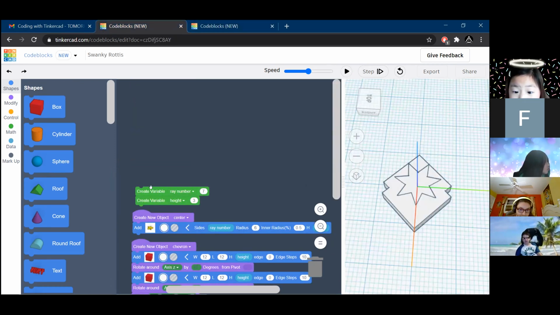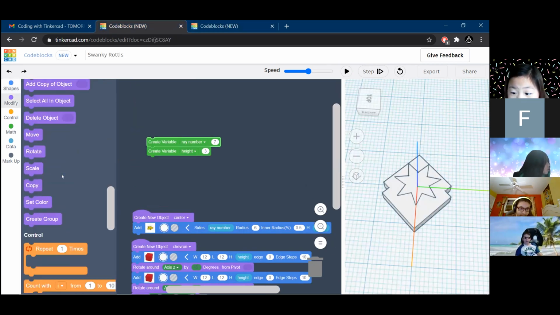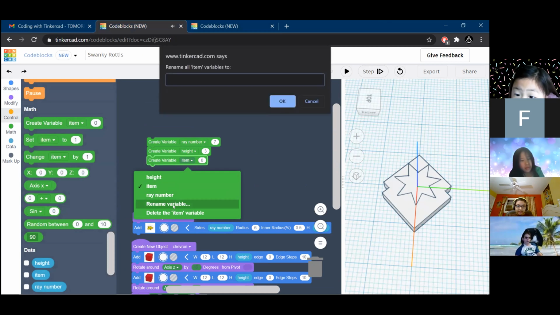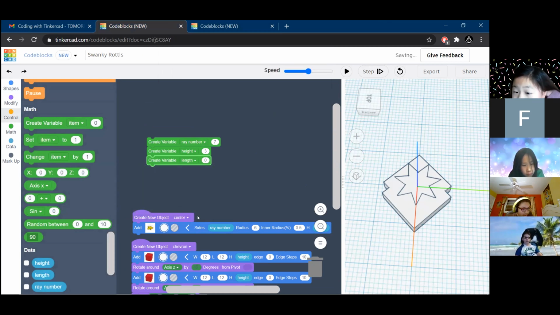So what we're going to do is scroll down here to create new variable, and we're going to rename it to length. And I'm going to make it 35. But again, you can change it if you want yours to be longer or shorter.